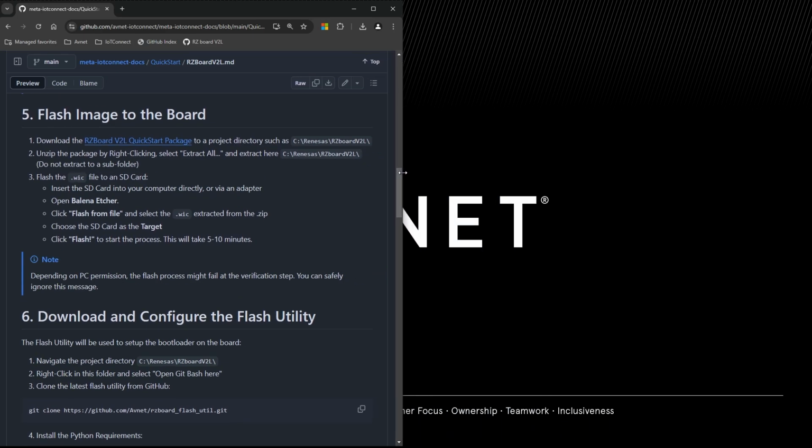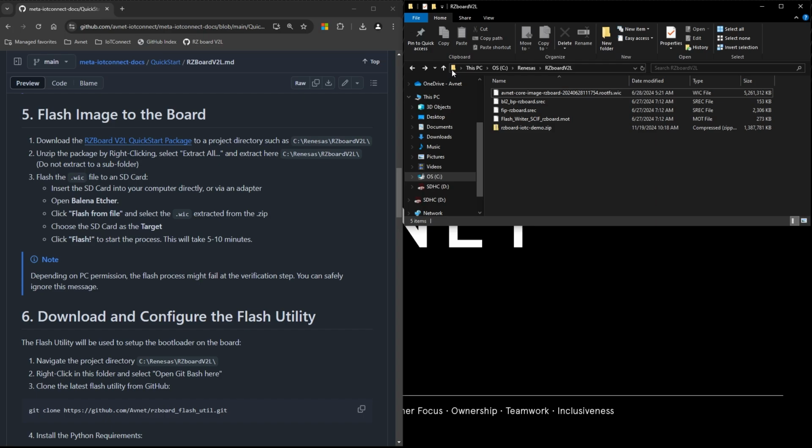I'm going to make my window just a tiny bit smaller so I can show you what I've done here. You can see that's the directory I've outlined. Here is the zip file I downloaded, and then I extracted the contents right into the same directory as well. So once you have that downloaded and extracted, we can load the Balena Etcher application